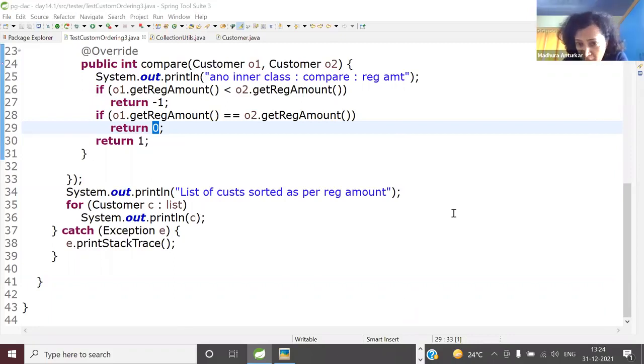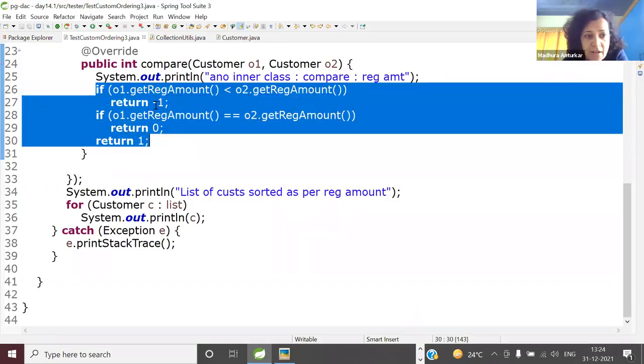Okay. Now observe. I had to invest 1, 2, 3, 4, 5 lines. Instead of that, see what I'm saying. If you want to focus today on anonymous inner class, that's great, very good. But if you want to even do some things with the shortcut, where I don't have to do the actual comparison, less than, greater than, there is a way out.